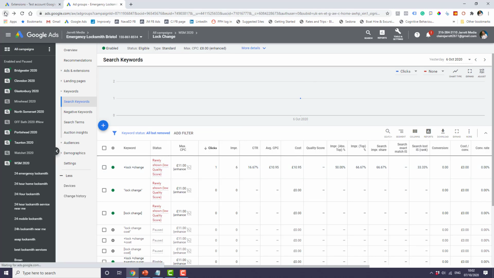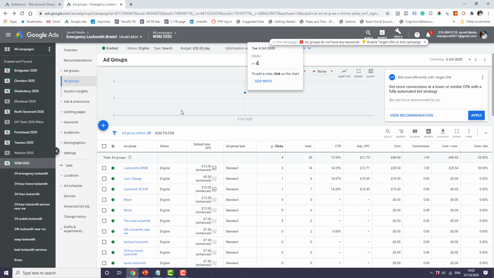So something that I do want you to pay attention to is how to add the extra columns in. So we've got 2 clicks in this ad group, 1 in this one and 1 in this one. So that's how many times people actually clicked the advert. Impressions is how many times the advert was actually seen. And then the click-through rate is quite simply this one divided by this one. Okay, so we've got 2 over 14, 14.29%, and